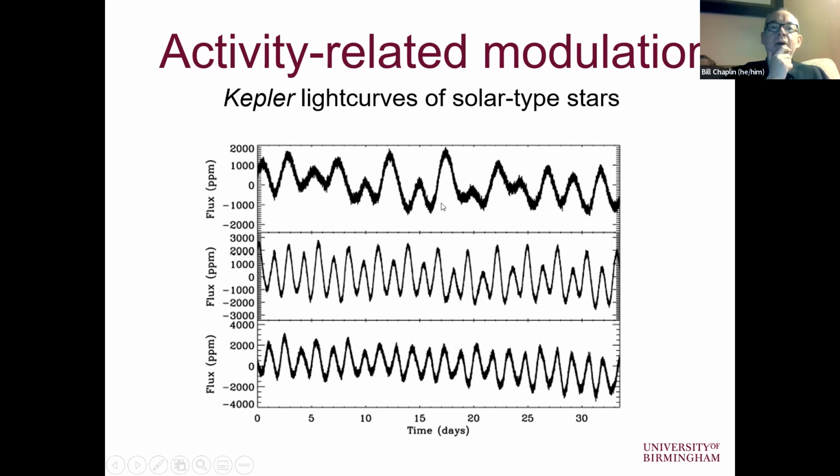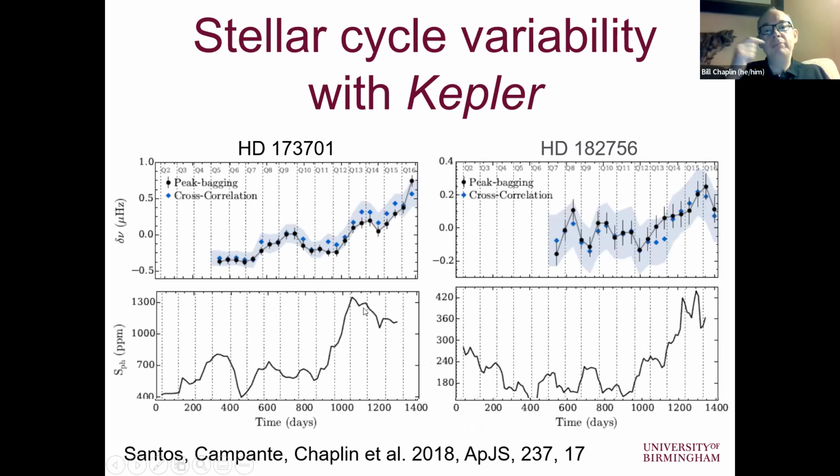So these are some light curves here of 3 different stars, actually showing stars that are more massive than the sun, more active with more rapid rotation period. So the solar rotation period is about a month. Here you can see a rotation period of the order of a few days or a day or less. So really, really rapid rotators. You can build up a proxy then by looking at the variability, the peak-to-peak variation or the variance in the light curve, maybe averaged over the rotation period, and that'll give you a proxy for the activity in these stars. So that's what's plotted down here.